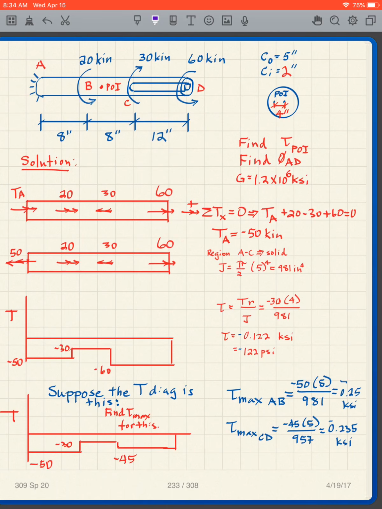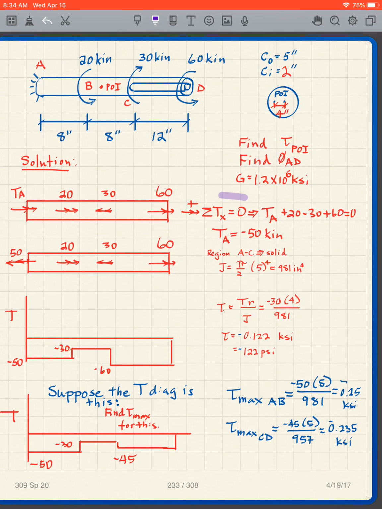But what do I have? Again, I have AB, BC, CD. That 20 is using the right-hand rule to the right. That 30 using the right-hand rule is to the left. That 60 using the right-hand rule is to the right. I put on my TA